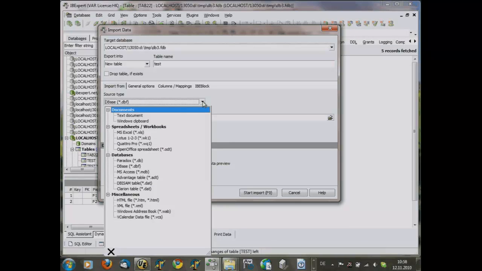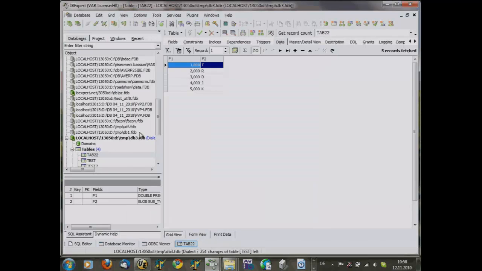And within this, it is a little bit easier, for example, also to get direct access to Excel files and direct access to anything else that you want to use here as an input format for importing data. Okay, it was only a short overview about IBExpert. We have still a lot of functionalities inside that I cannot demonstrate in 1 hour. I could, without a problem, talk about IBExpert features for 10 hours or 2 days or so, without showing you things that were not already shown before.